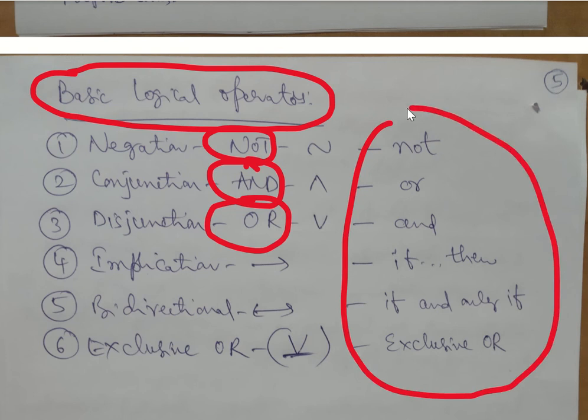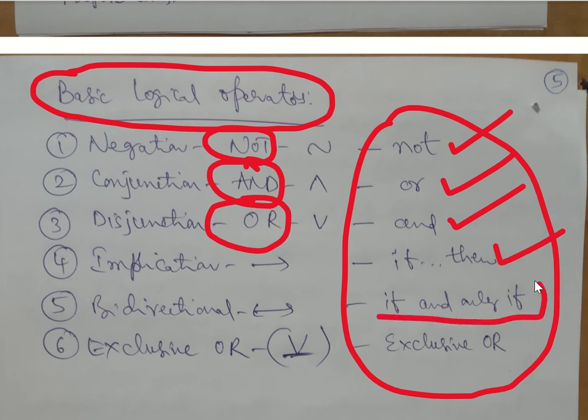But this is the mathematical definition. Negation, not. Conjunction, and. Disjunction, or. Implication, if something is true, then something follows, like your if-else statement. Then biconditional, which is if and only if, or IFF as you might have seen mathematically, which requires both sufficient and necessary conditions to be true. So that is, if and only if is biconditional. This is the information for you, nothing to worry much about.